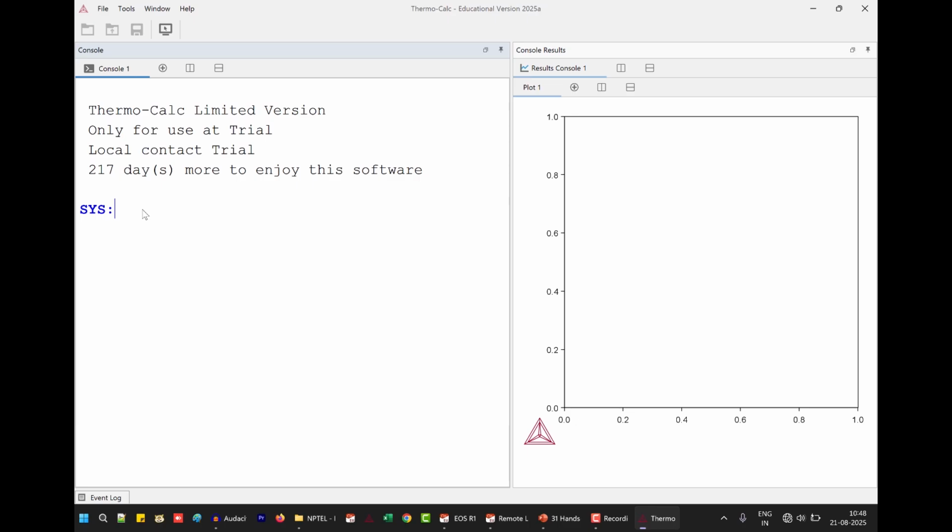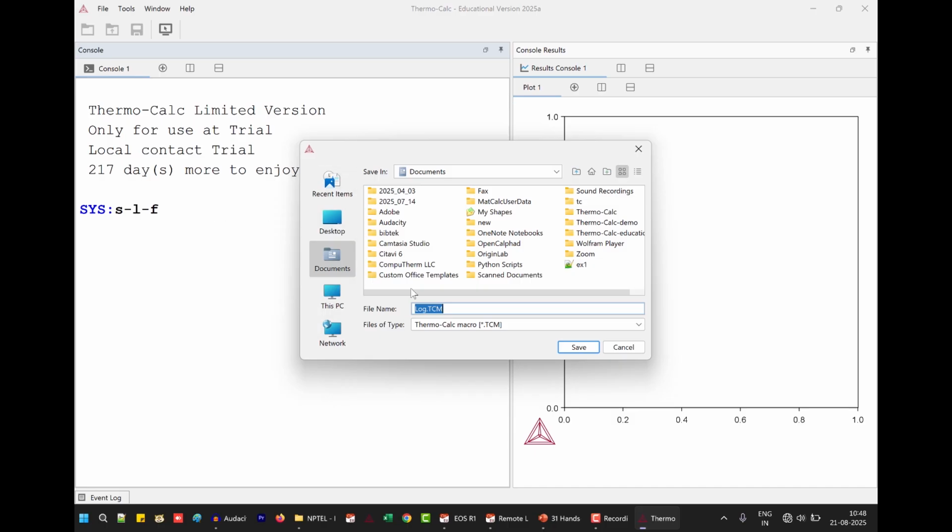Okay, so before starting, let's set a log file. It's a good habit. I am using SLF, set log file. Enter. It's asking me the location and file name. In the documents, I am giving example 2, ex2.tcm.